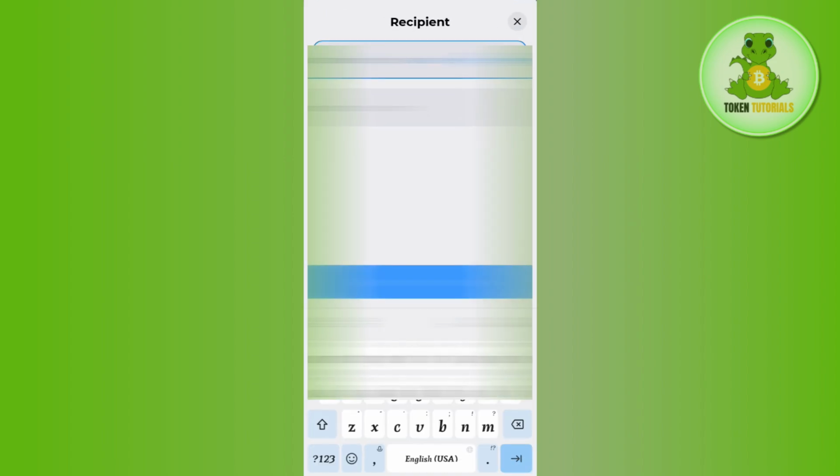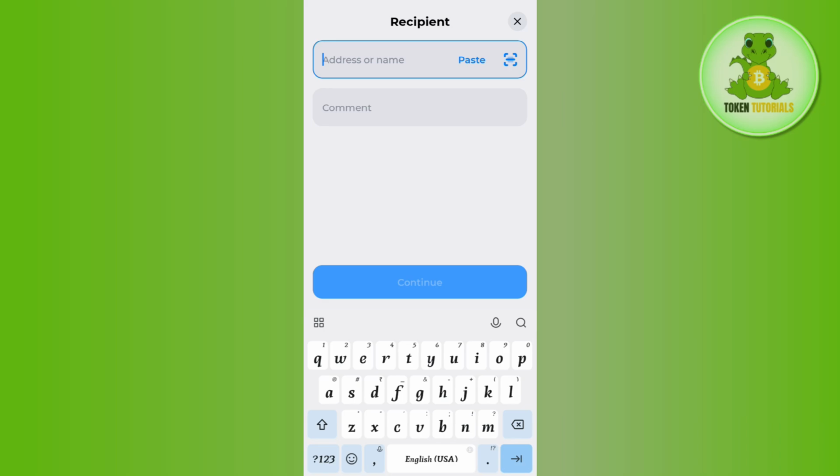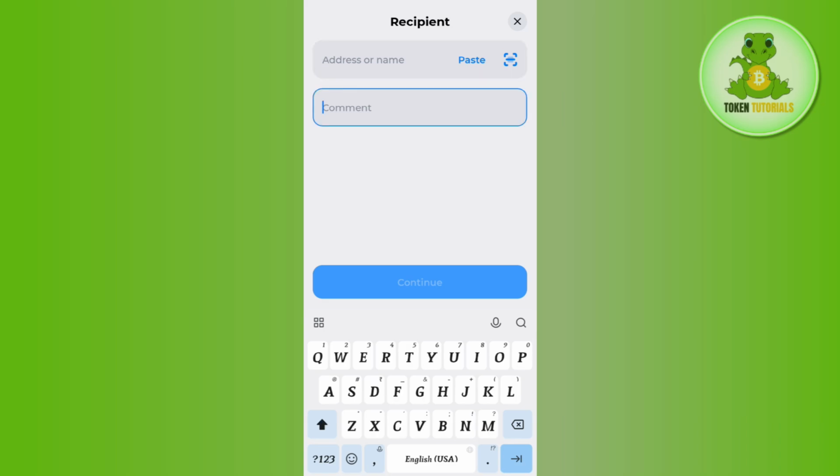So first you need to copy the address from here, then come to Tonkeeper wallet, paste the address in this section. After that, in the comments you just have to provide that memo, and then you need to press continue in the bottom. On the next page, you just have to enter the amount of USDT that you want to transfer from Tonkeeper wallet to Binance, and then tap on the withdraw button in order to initiate and conclude your